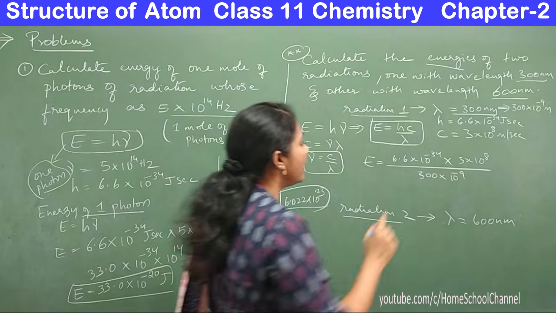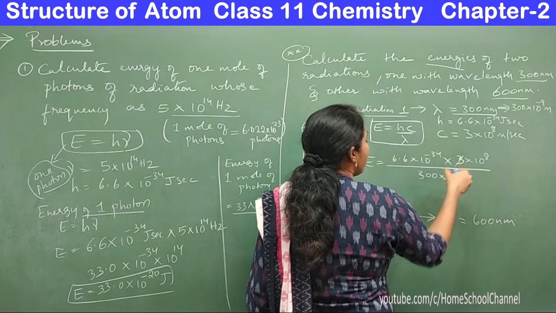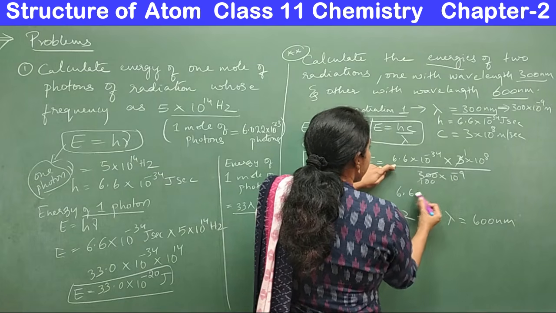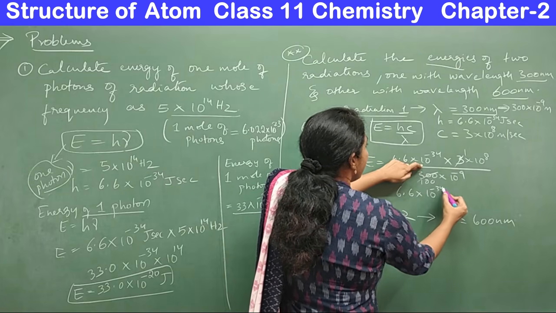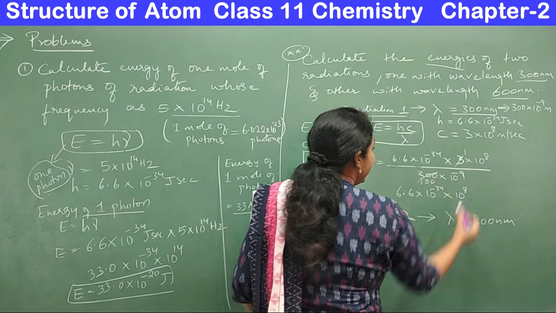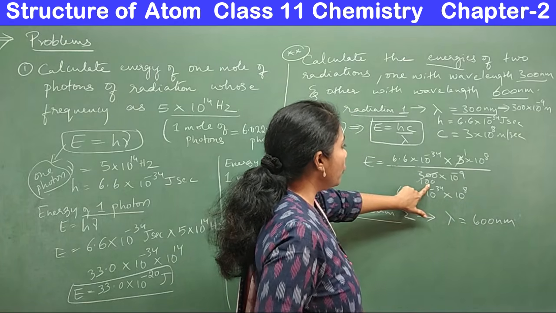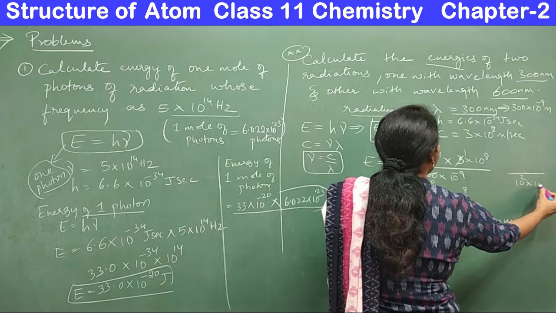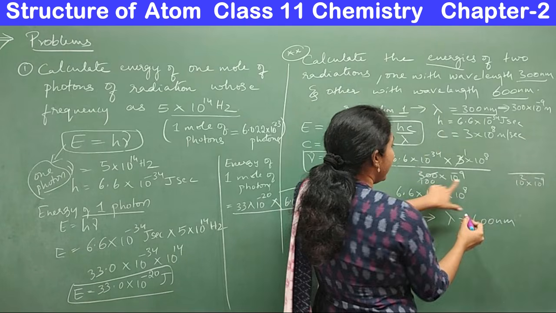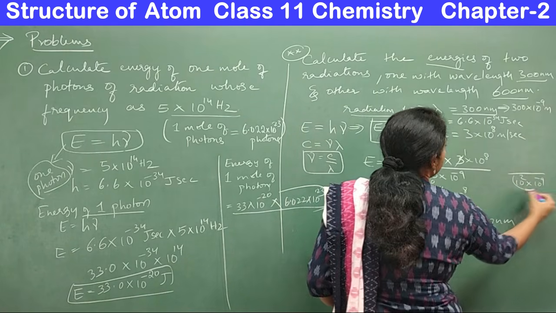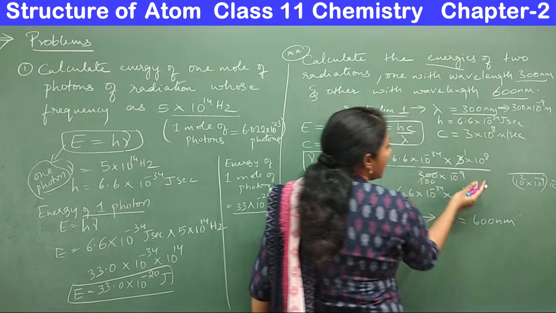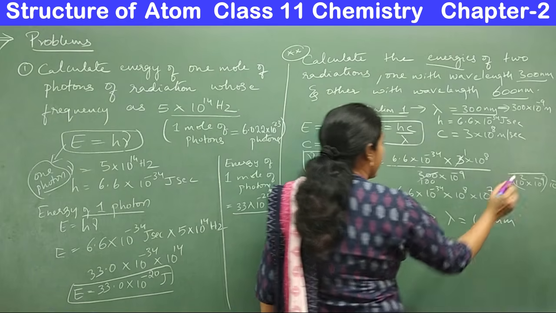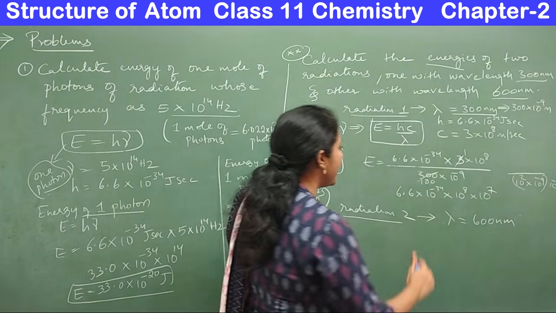Right? Okay. So here, see, the calculation is very simple. Ones are ones, and 100, right? So you would be getting around 6.6 into 10 power minus 34 into 10 power 8. Here in the denominator, using 100 means I can write 10 power 2 into 10 power minus 9, which is 10 power minus 7. This 10 power minus 7, if it goes to the numerator, you will get 10 power 7, right? So what is the answer you will get?